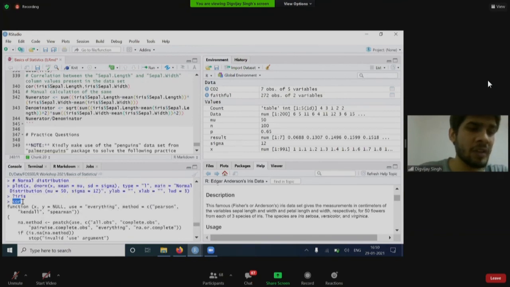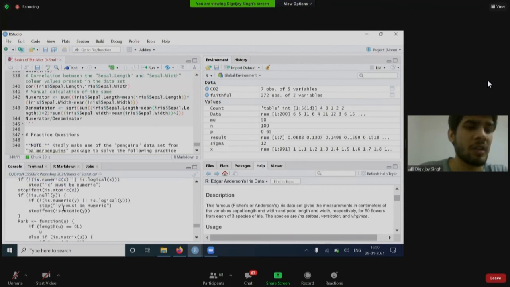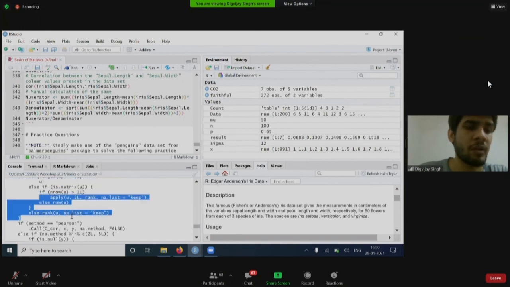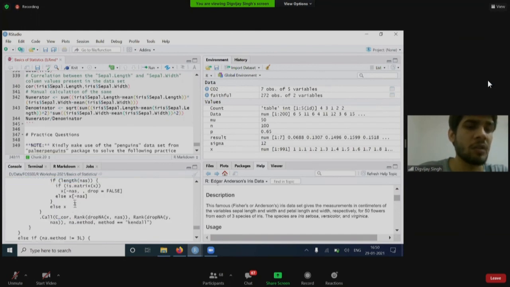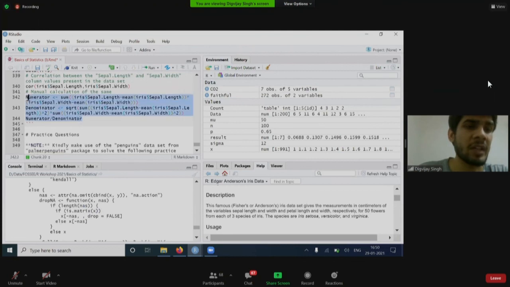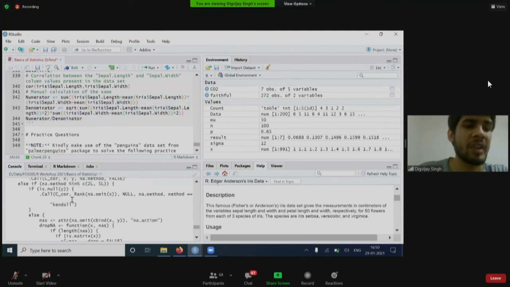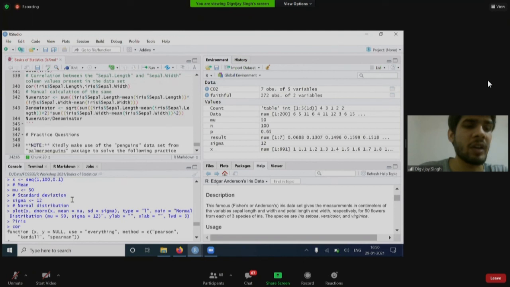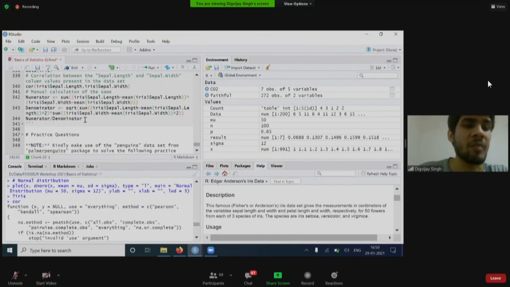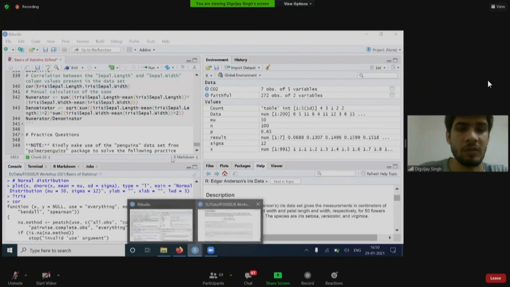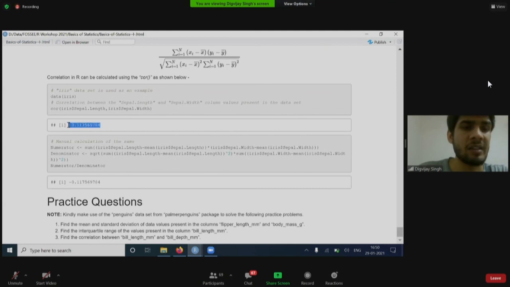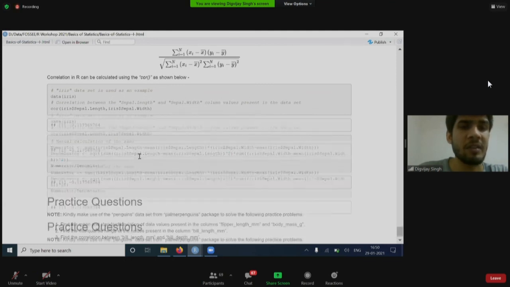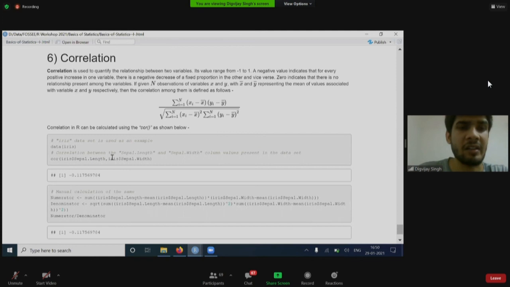Like in the cor function, just by writing cor, you can see the complete code which it contains. So when I manually calculate something, I'm basically verifying whether my calculation is the same as the code written in the predefined function. So we can see the results are the same, which means the formula is correct. We are getting the correct result.